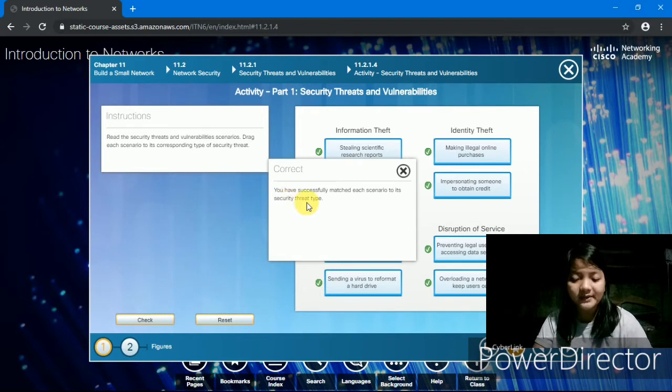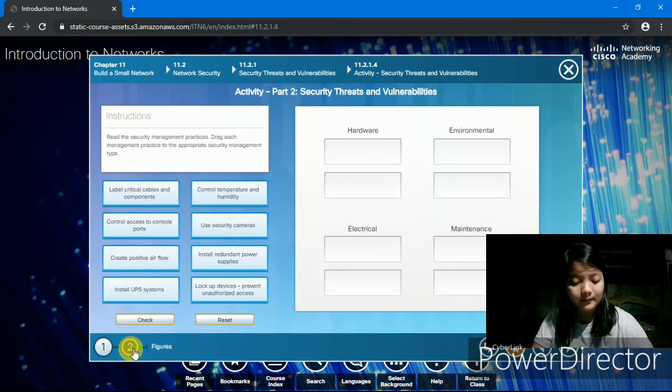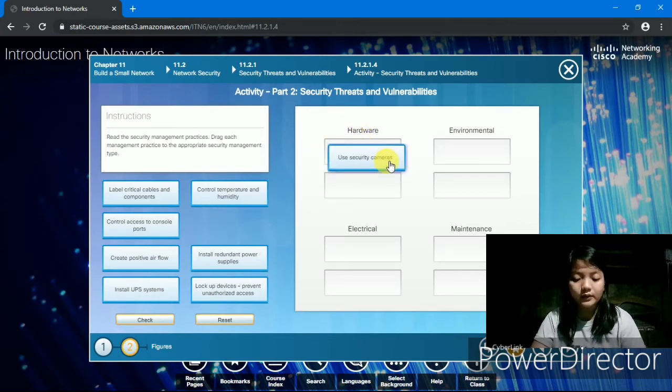Correct, you have successfully matched each scenario to its security threat type. So let's proceed to the next. So we are now in part 2, security threats and vulnerabilities. This one is for hard drive, environmental, electrical, and maintenance. So we will start with the hard drive. So the hard drive is use security